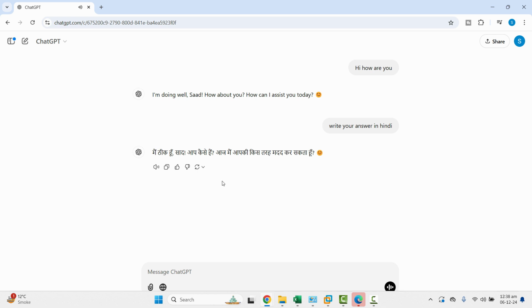So as you can see, guys, this is pretty amazing. This is how you can change different voice styles in ChatGPT. Just try this by yourself